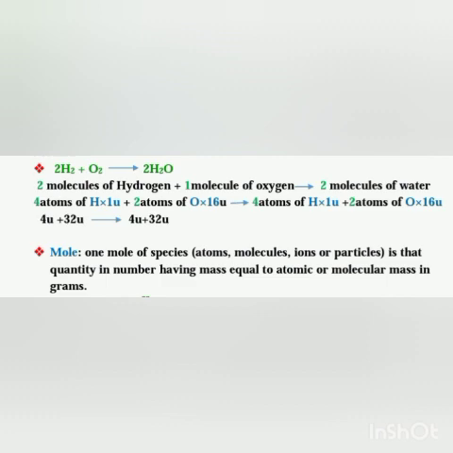Like you can see this equation, 2H2 plus O2 gives us 2H2O. So what is this equation indicating? This equation indicates directly the number of atoms or the molecules. It is not telling us the molecular mass that we are finding, but it indicates the number of molecules or the atoms that take part in the reaction. So therefore it is convenient to refer the quantity of the substance in terms of molecules or atoms rather than in mass. Understood? So for that purpose there is one new concept, a new unit called mole, was introduced. Okay.